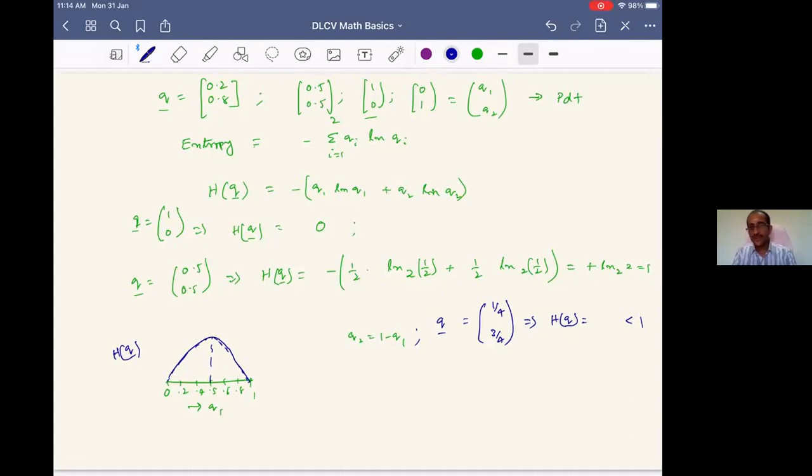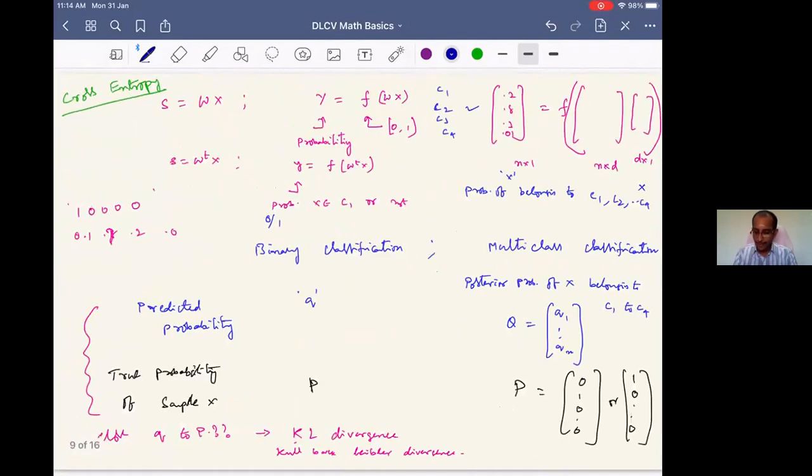So this is a measure of information in some sense. Why are we discussing the measure of information? Because when we want to compare the output predicted probabilities, we want to see how much information is lacking when compared to the true